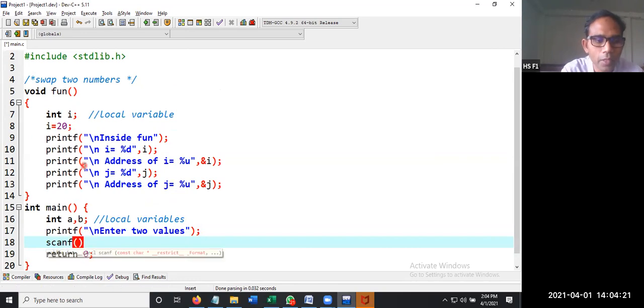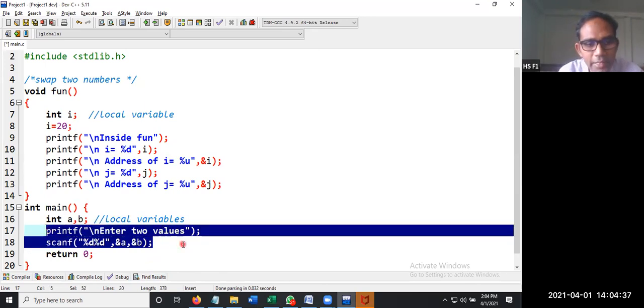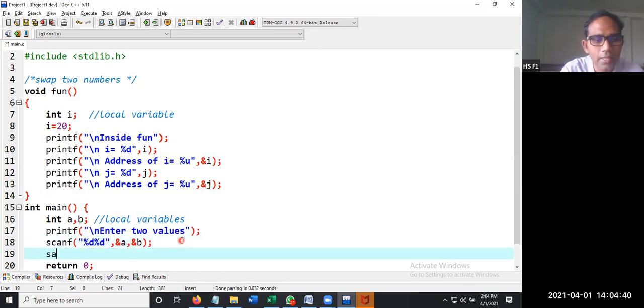Scanf percentile d comma ampersand a comma ampersand b. So we are accepting two values a comma b. Then let us call a function called swap with a comma b. So this is going to call swap a comma b.